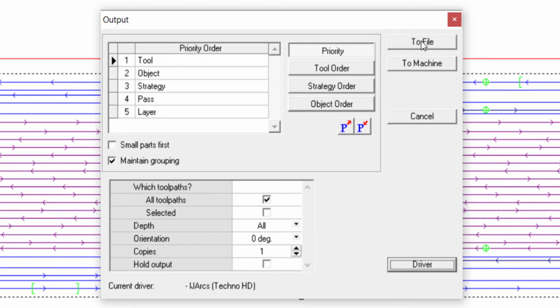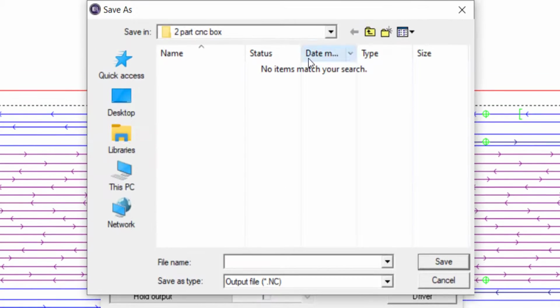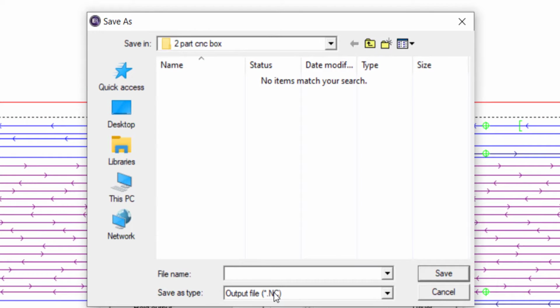Now I would save this first to your OneDrive, and then secondly it needs to go onto a flash drive to make it over to the CNC. So I'm saving this in my two-part box. It's going to be a .nc file, so we'll call this two-part box. And I like to put the part size here, so my part size is 14 by 4 by